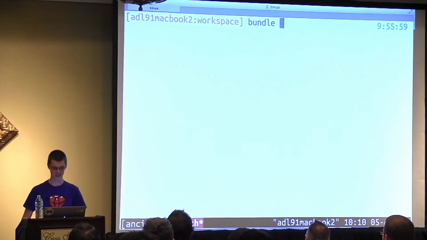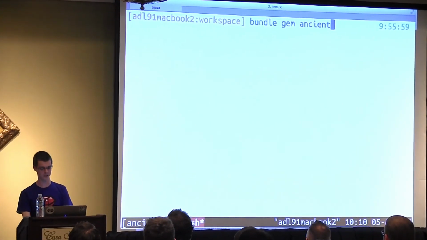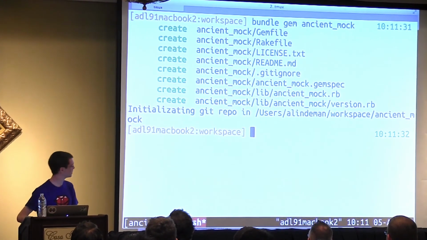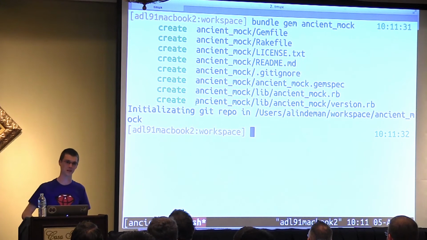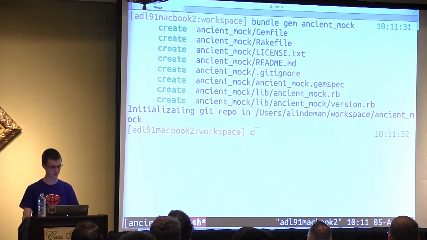We're going to make our mock object library a gem, and it's going to be called ancient_mock. The bundle gem command just creates some files that will be useful when building a gem. It's just some scaffolding. So let's cd into the directory